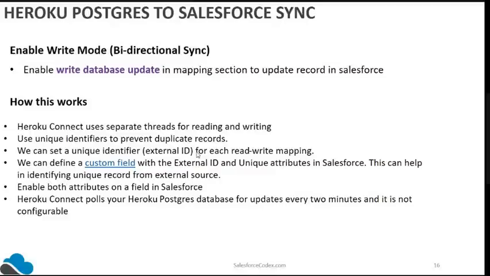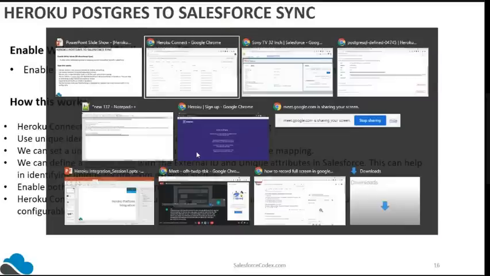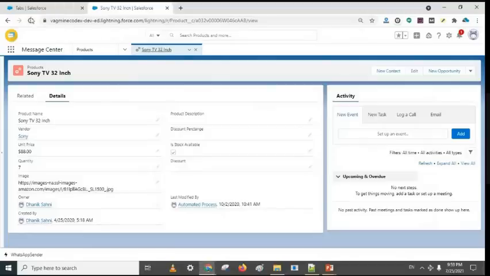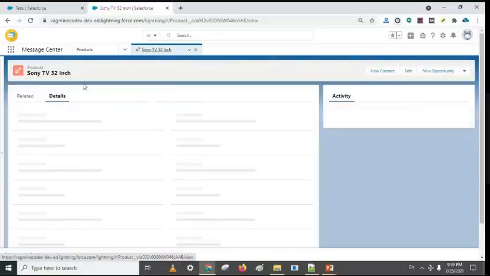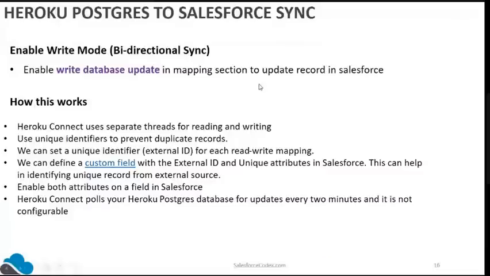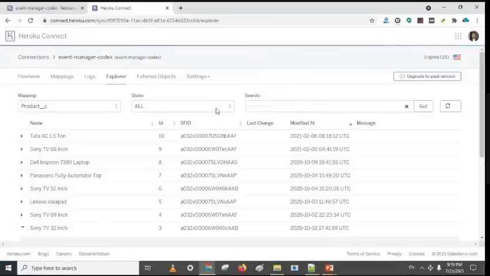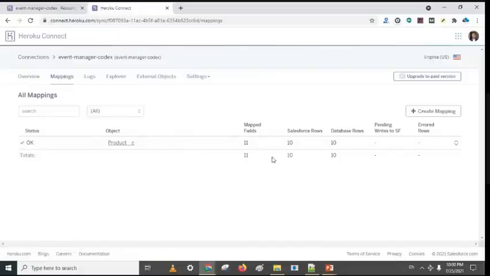Enable both attributes on the field in Salesforce, then only will it do the syncing. So right now, let's first see if this is updated or not. Not. So let's do the same object. We will delete this mapping and do the same thing so that we know whether it's working or not. I'm deleting this mapping.